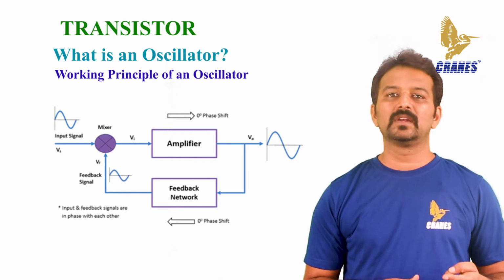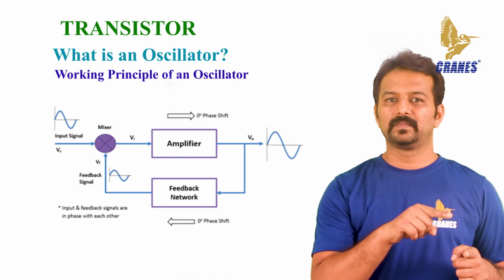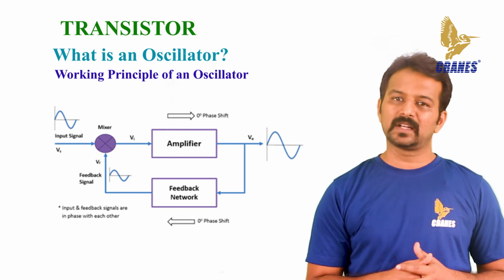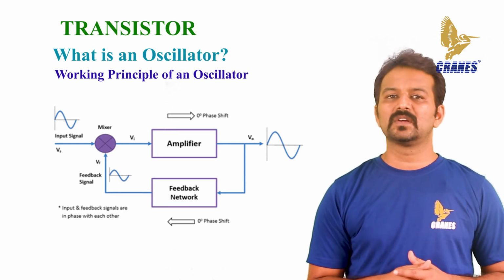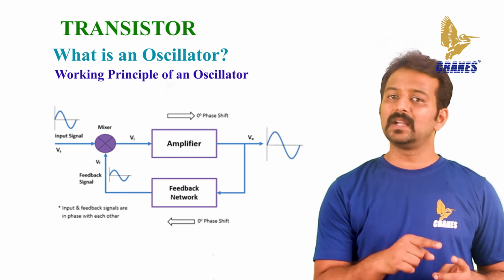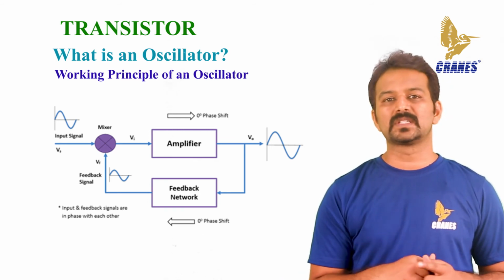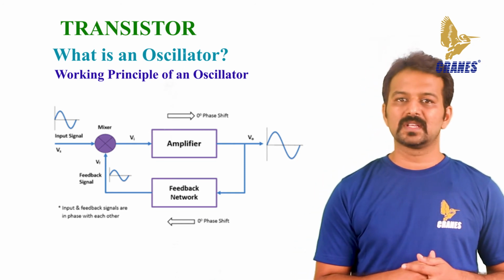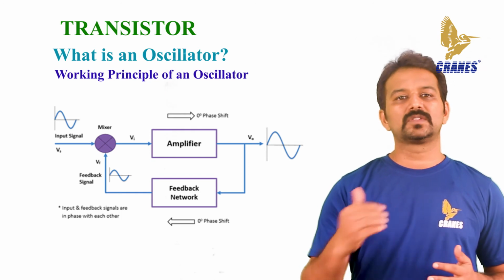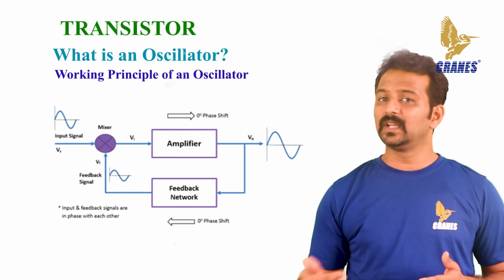Practically, the oscillators are nothing but the amplifier circuits which are provided with a positive or a regenerative feedback, wherein a part of the output signal is fed back to the input. Here, the amplifier consists of an amplifying active element which can be a transistor or an op-amp, and the back-fed in-phase signal is held responsible to keep up or to sustain the oscillations by making up for the losses in the circuit. Once the power supply is switched on, the oscillations will be initiated in the system due to the electronic noise present in it.